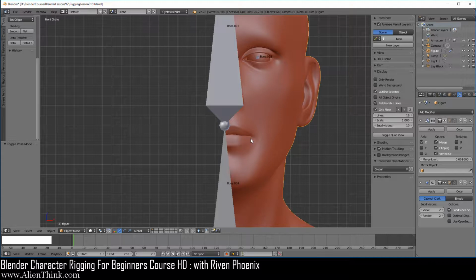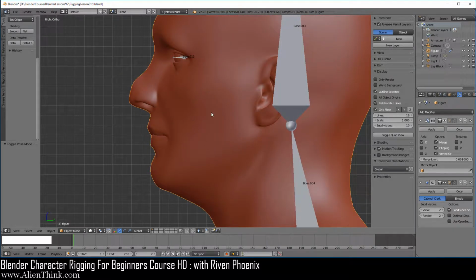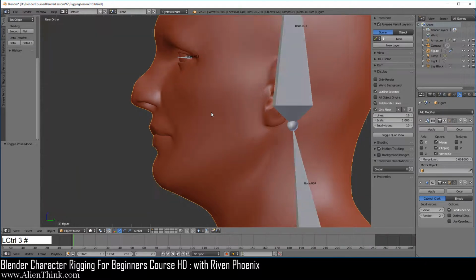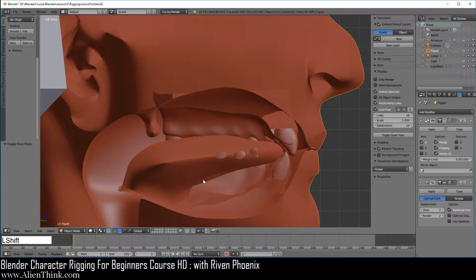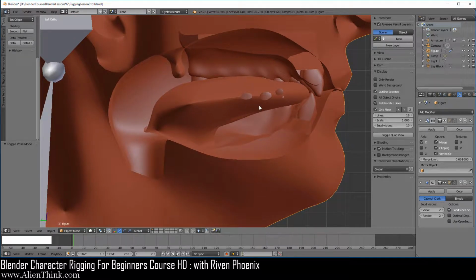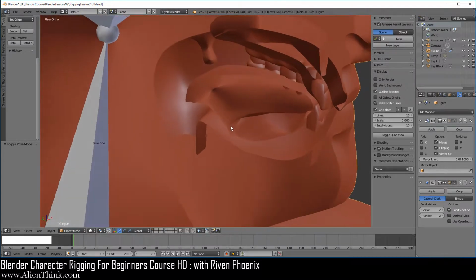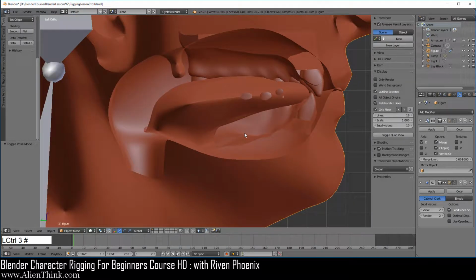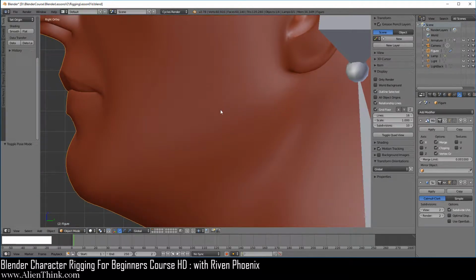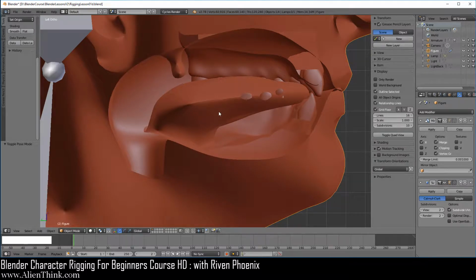If you press the 3 key, it's going to be the right view, and if you do Control 3, it'll be the opposite view. Now if we zoom in, shift middle mouse button, we can actually see what the tongue looks like. Again, you can just use the middle mouse button to see how it looks in 3D. I'm going to do Control 3 over here. Remember that if you press the 3 key, it's the right view. You can do Control 3 to go to the opposite view.